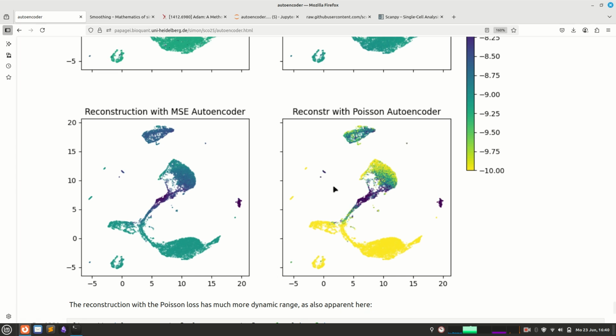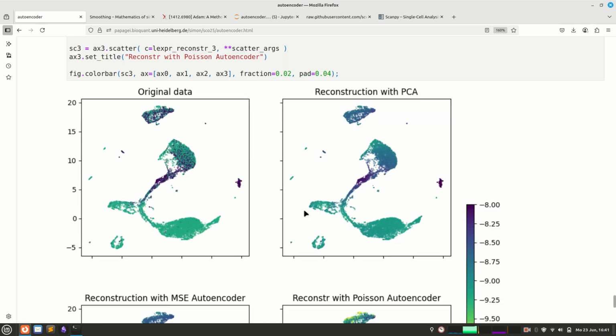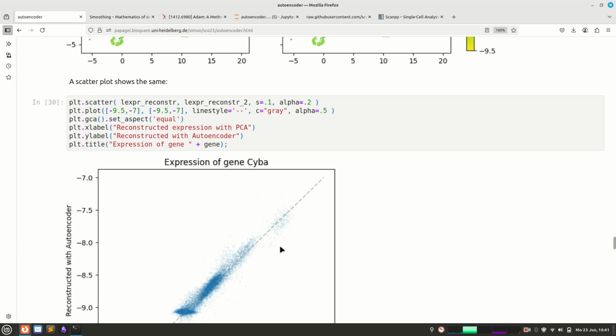And this is a very general thing, which not only applies to single cell data: if you have the right loss function, you can denoise your data with an autoencoder and reduce measurement noise. This is used in very many applications of neural networks and AI. Finding the proper loss allows you to separate the signal from the noise. But I want to stop here, and next time we will have a closer look at this